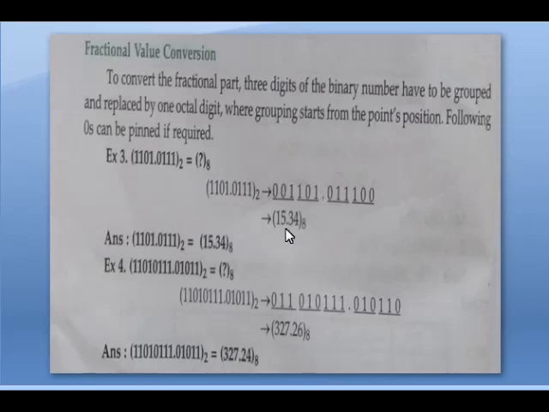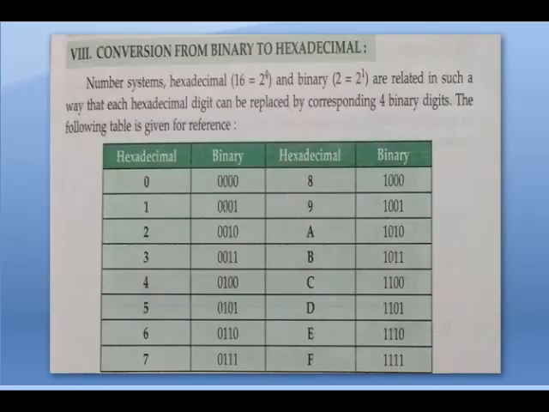Now students, here we are going to see how to convert a binary to hexadecimal. Okay, so this is the table that shows the binary equivalent of the hexadecimal numbers. So hexadecimal means 0 to 15. So after 9 it is A, B, C, D, E, F. Means 10, 11, 12, 13, 14 and 15. Okay, so this is the binary equivalent of this hexadecimal value. This is also very easy to write. There is no need to memorize this table. Okay, I will show you how to write.